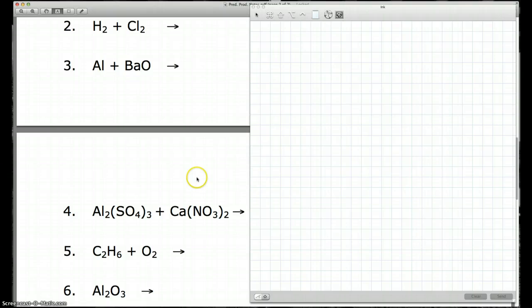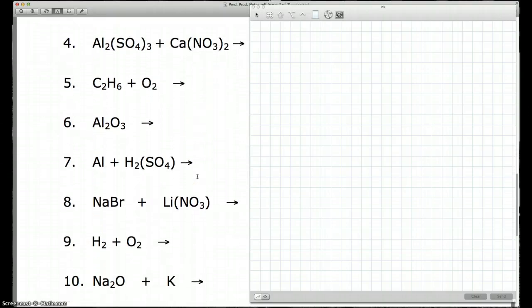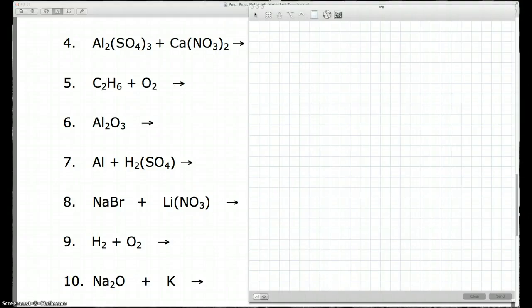This, if you look at number 4, we see is a double replacement. Here we have two couples dancing. Aluminum and sulfate are dancing. Calcium and nitrate are dancing. So I'm going to need a couple things for this one. I'm going to need my polyatomic ion sheet. So if you don't have that, you want to get that out. You'll also want your periodic table because you'll need to do the charges because we're going to do the switch trick here eventually. So what I like to do is I just write the first one here, aluminum,